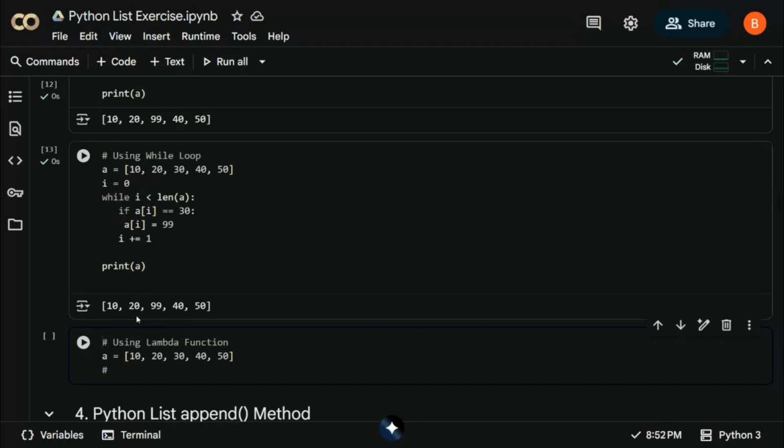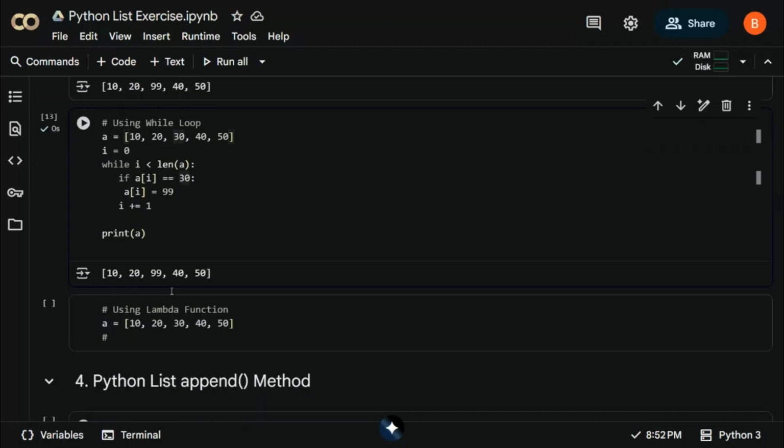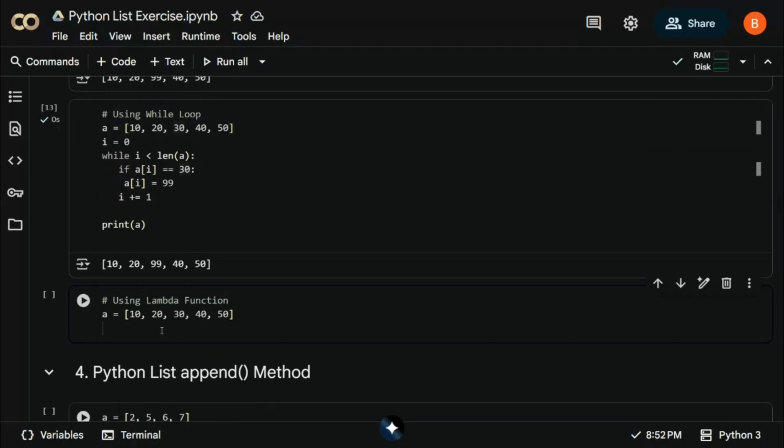So now you can see it got updated. The 30 got updated, according to this while loop. Okay, so now the last one is lambda function. So how we can use the lambda function is like, and also this is like